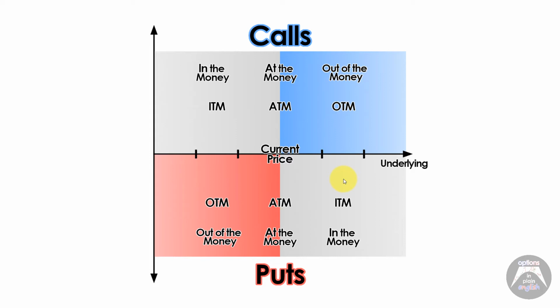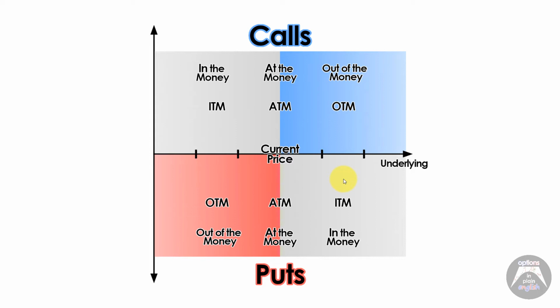And that way they don't need to tell you, oh, we are talking about so and so stock that's currently trading at $18. And what I mean is any call whose strike price is higher than that. Because of this, they'll just use the terms at the money, in the money, and out of the money. Also, it's important to know that